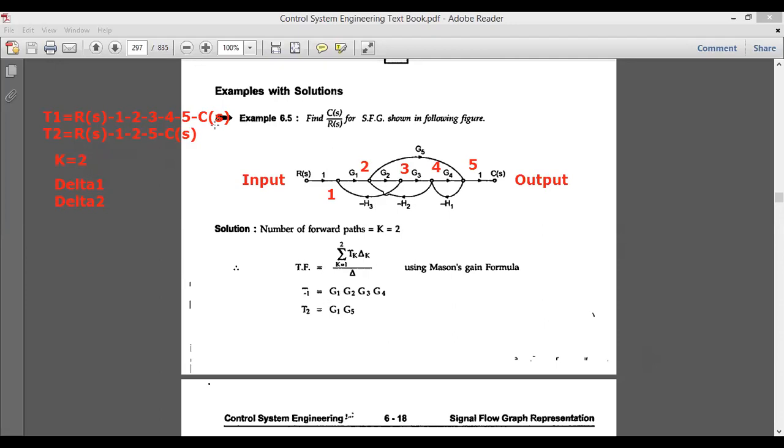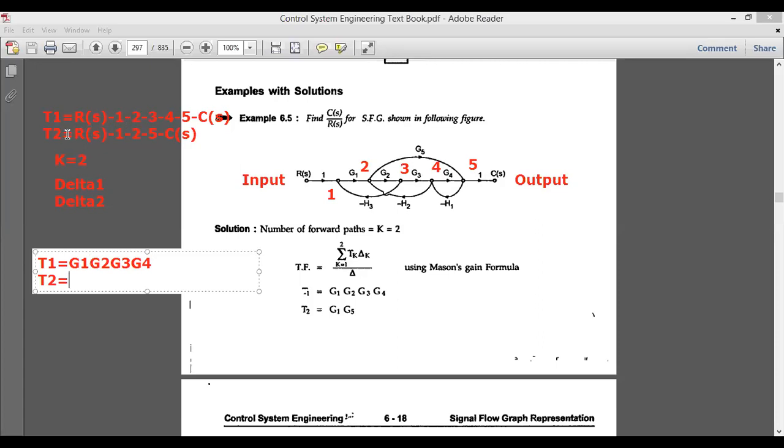The gain of that particular forward path T1 is nothing but the branch gain. So let us find the branch gain. T1 is equal to, simply multiply the branch gains, that is, the numbers between the 2 nodes. Here the first forward path is a straight line, so it is 1 into G1 into G2 into G3 into G4. So it is G1, G2, G3 and G4. The 1 you can leave, because anything multiplied by 1 is the same number. This will help you to trace the forward path T1.